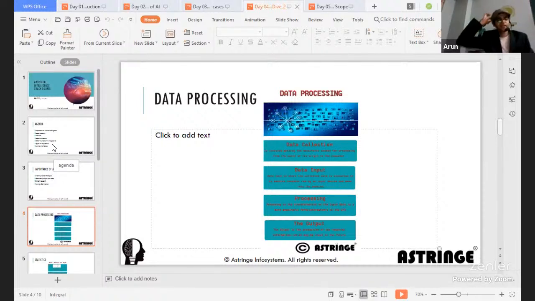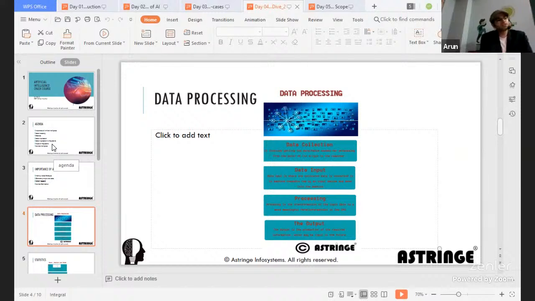Now, as I said earlier, data collection is the first step in a data processing phase. If you consider it, data processing itself is a phase in the data life cycle. So data collection is the primary thing, because unless you collect data, you will not be able to do anything. Once you collect data, it's your job to input the data into your system. If you have an online system, you're going to use the databases concept and input all the data. Or if you have an offline system, like a typical research survey or a feedback form, convert it into an online form and then store it, because you'll be able to handle quite a lot of data points and then do analytics on it.